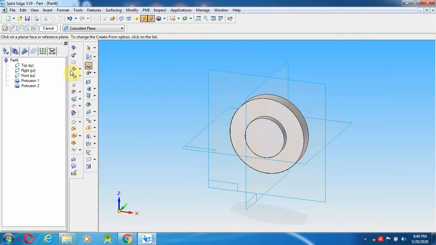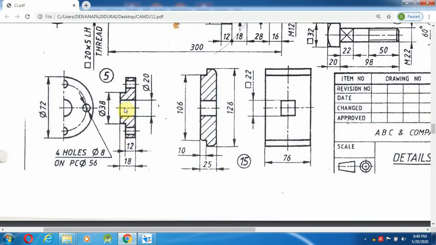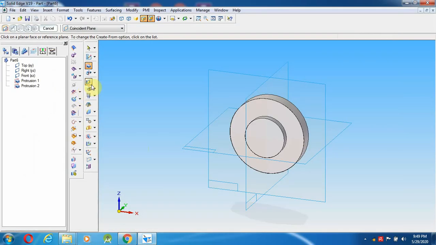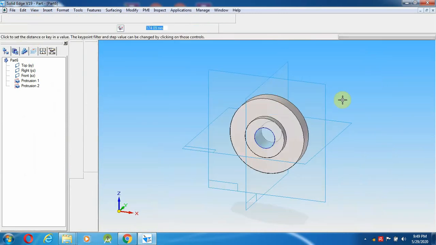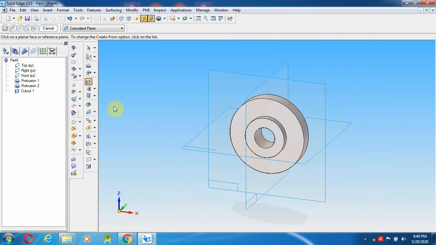After creating this, we will make this one a hole. The hole diameter is 20 mm. So select cutout. From here I am going to make a hole of diameter 20 mm. After creating this, I am going to give return, left and right click.